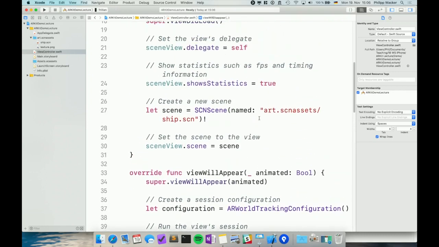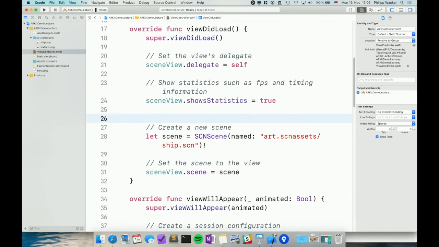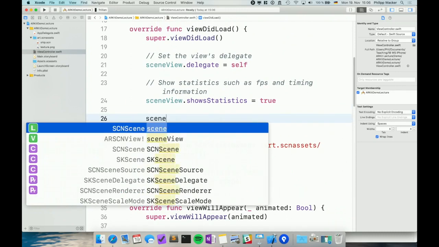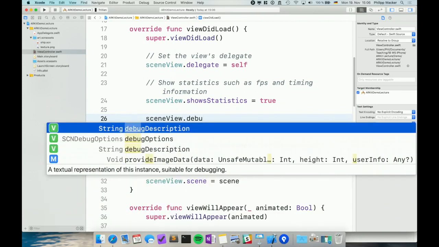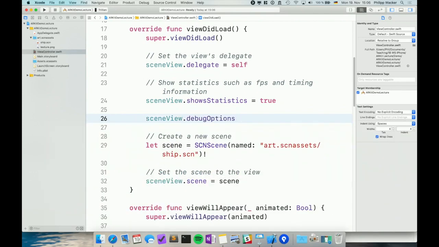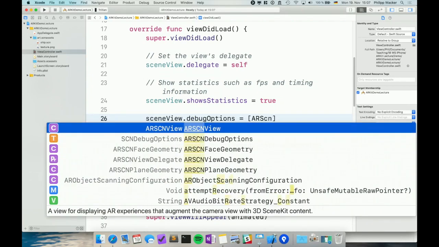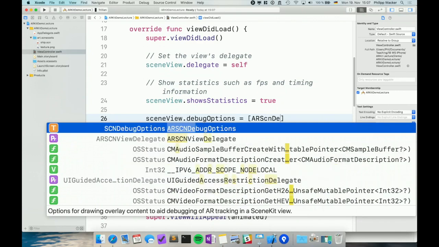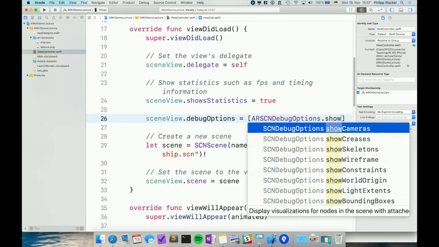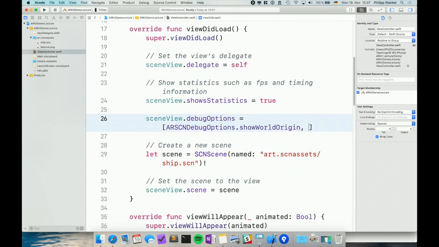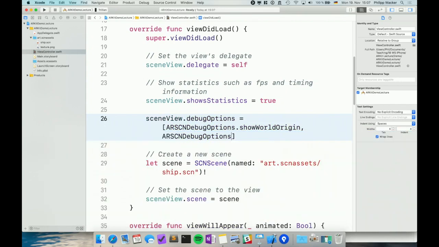So if we want to see a couple more pieces of information, we can just add here to the debug options, and we want to show the world origin, so that we see where the origin of our scene is, and also the feature points. So let's check that out, but first,